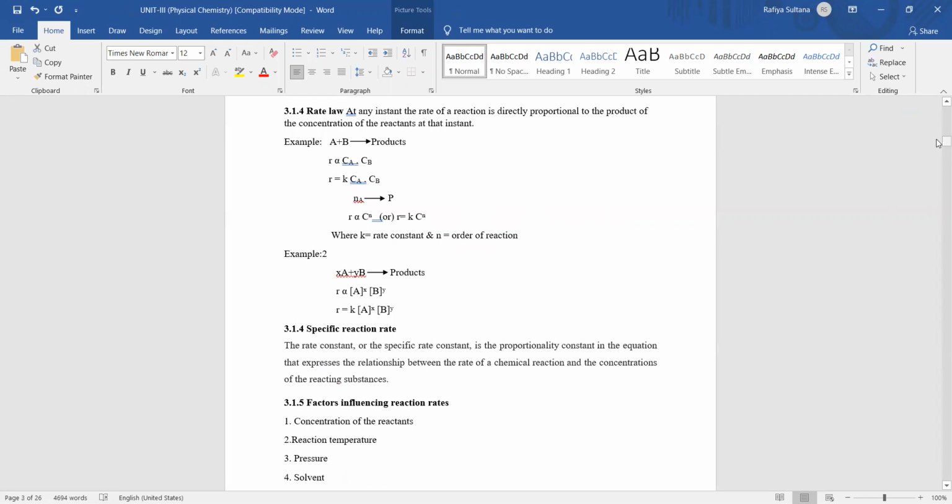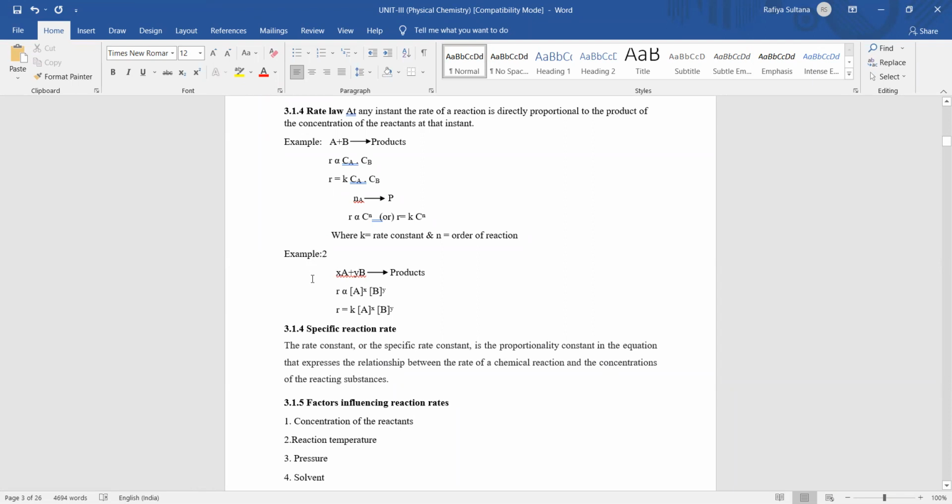So, rate law. What is rate law? According to the rate law, which depends on the law of mass action, the rate of a reaction is directly proportional to the concentration of the reactants raised to the power of their coefficients. Suppose, see here, this is a chemical reaction. There x and y are the number of moles for A and B. If you are comparing this with a mathematical expression, then x and y will be the coefficients.